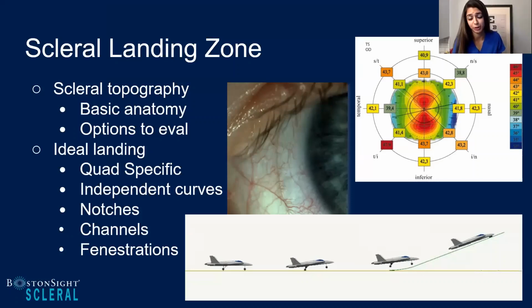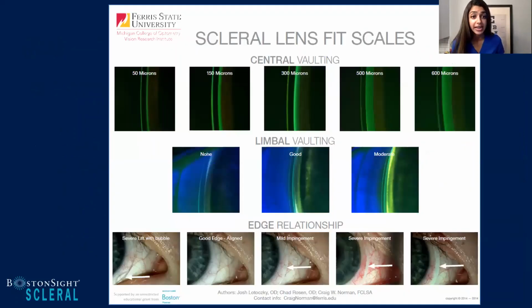Yeah, I couldn't agree more with you. So I think that the next slide, Shalu, actually shows an excellent resource. And I encourage anybody who's a new scleral lens or even a seasoned scleral lens fitter on this call to really utilize this resource designed by Ferris State, where it allows you to see the variations of central vaulting, limbal vaulting, and really understanding that edge relationship. When I first started practicing, I actually used to keep this up on my desktop, and I would use it as a comparison of looking at a lens that I had on a patient and comparing it to a standard. So this is a great resource. It's available on the Gas Permeable Lens Institute website, and I definitely encourage all to really utilize it in practice.